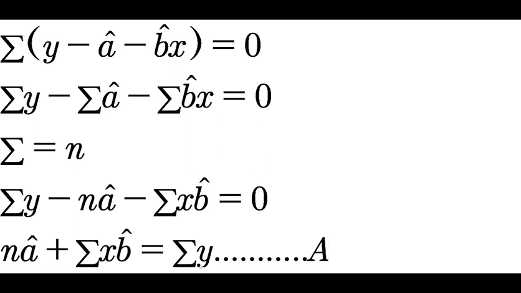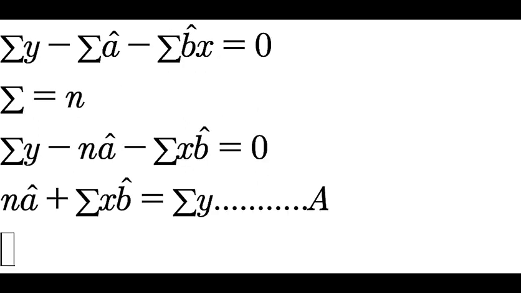A. So equation A here is a linear equation in two unknowns, where the unknowns are a cap and b cap. The coefficients are n, summation x, and summation y. Summation y from the right hand side is treated as a constant. N is the coefficient of a hat, and summation x is the coefficient of b hat. So we go again by differentiating summation e squared with respect to